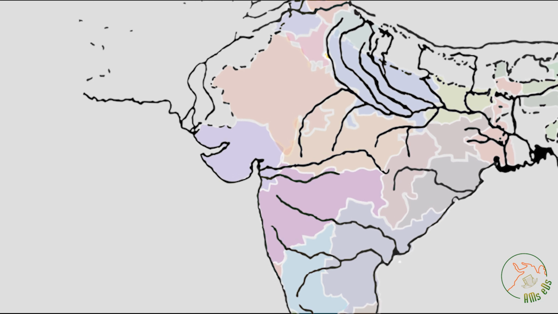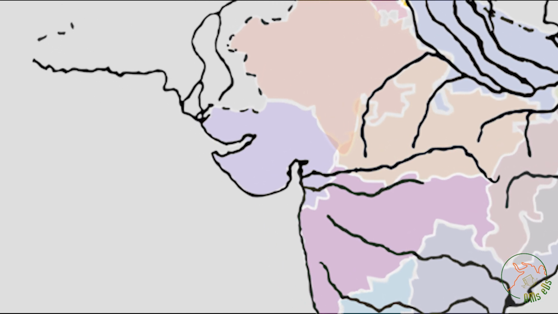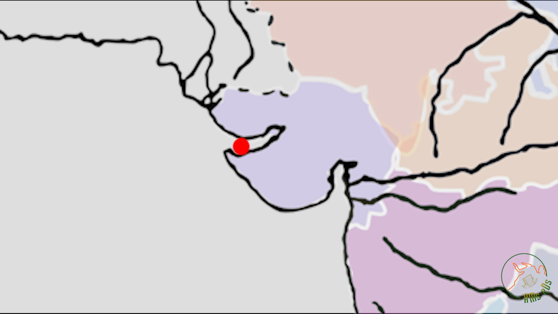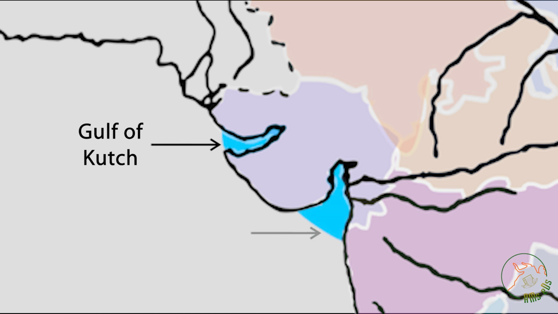On the western coast, we mark 2 gulfs. This inlet between the Kutch and the Kathiawar peninsulas in Gujarat, where you shade and label neatly, is the Gulf of Kutch. This inlet in the south of Gujarat is where you will shade and label neatly as the Gulf